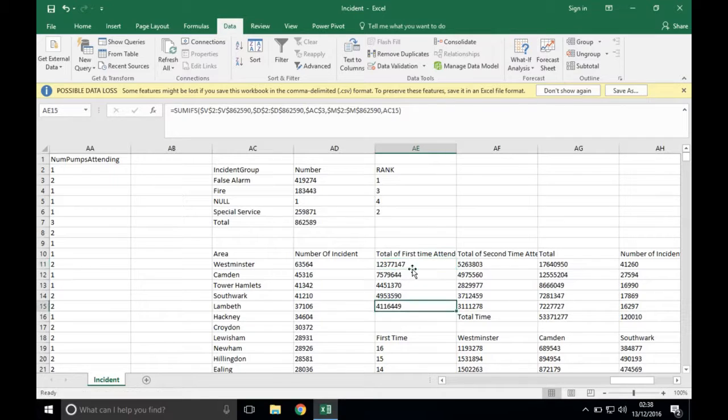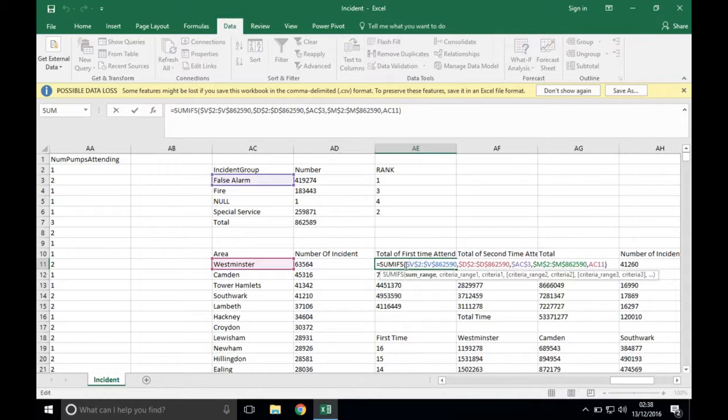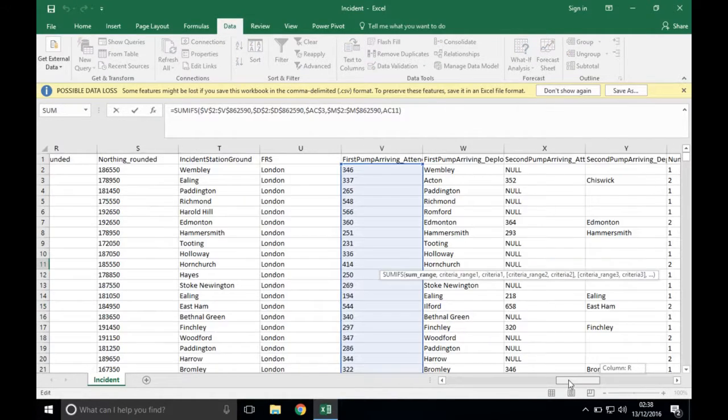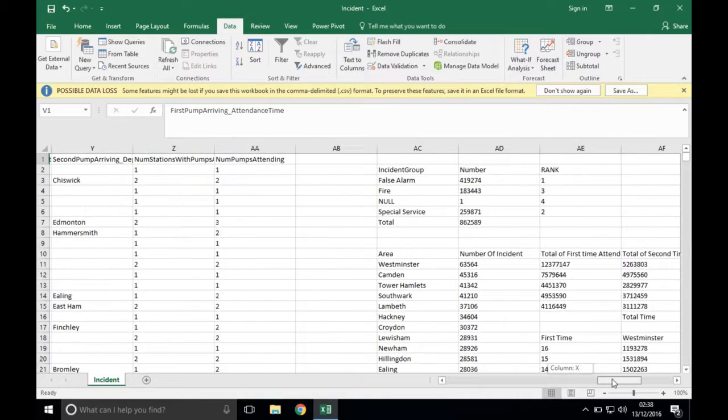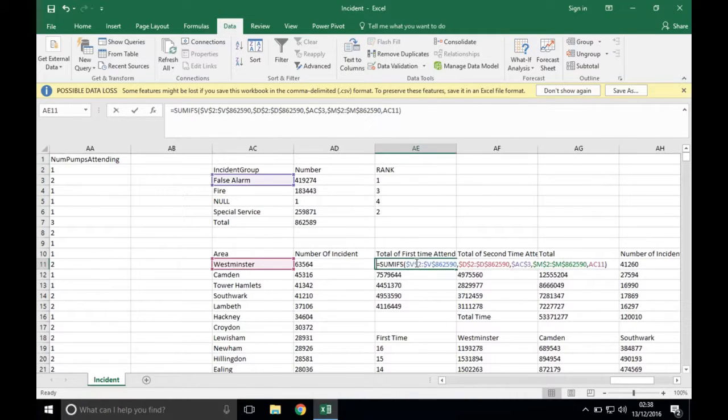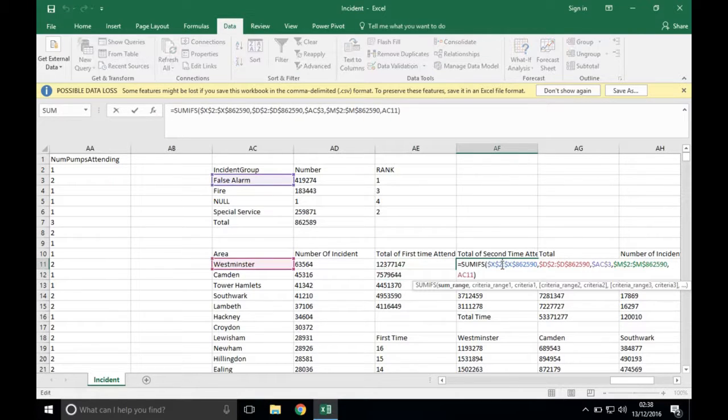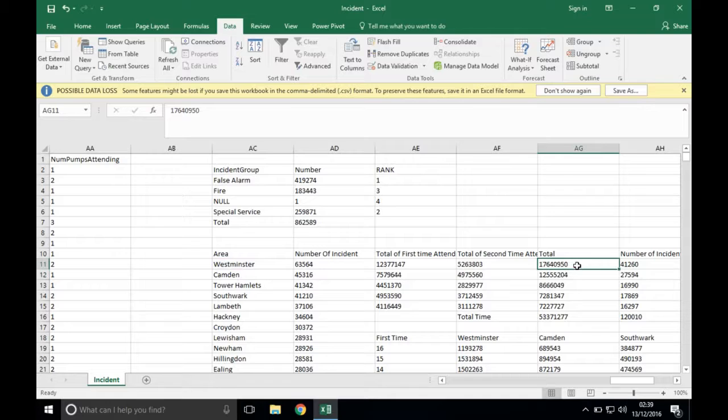So how do I count it? I'm using the SUMIF. The first one is the sum range, which is shown here as the first pump arriving attendance time, and then with criteria range 1 being the fourth alarm, and this is the location with Westminster. I'm doing the same with the second one as well. The only difference is the sum range, which is for the second time, and then I add them together, which gives